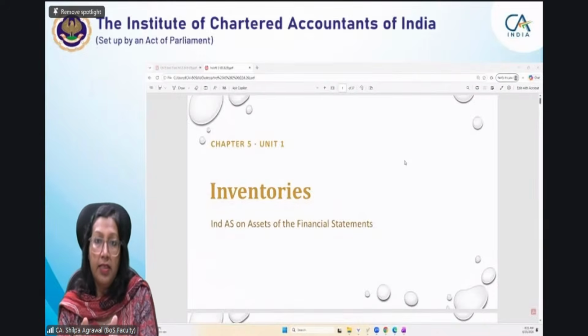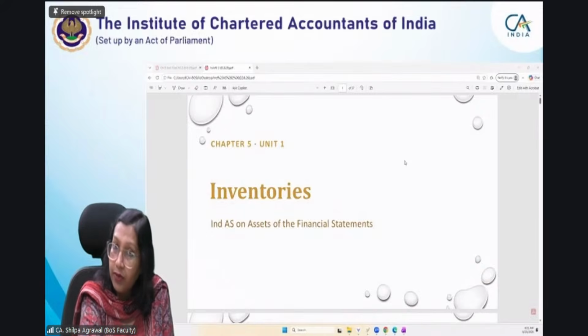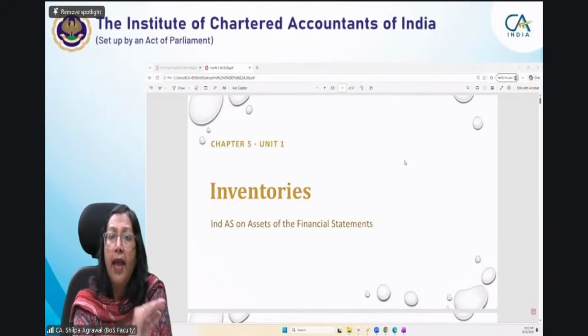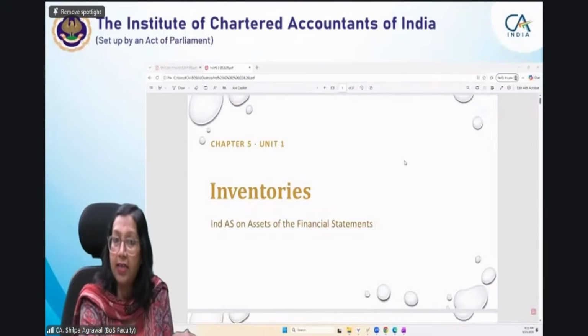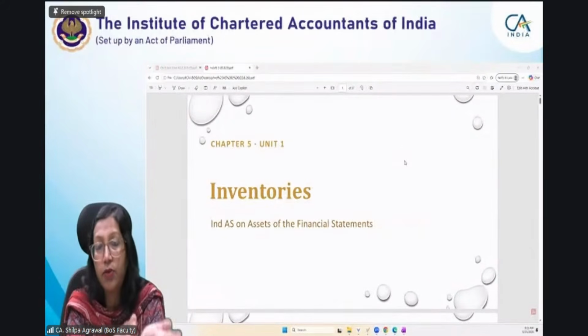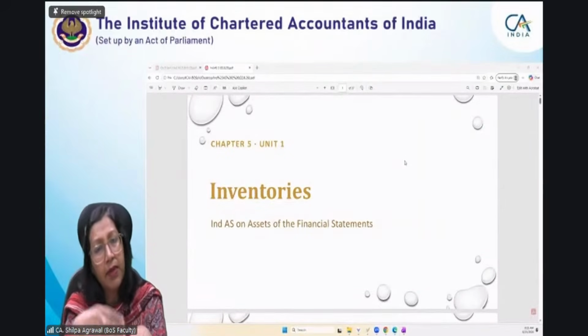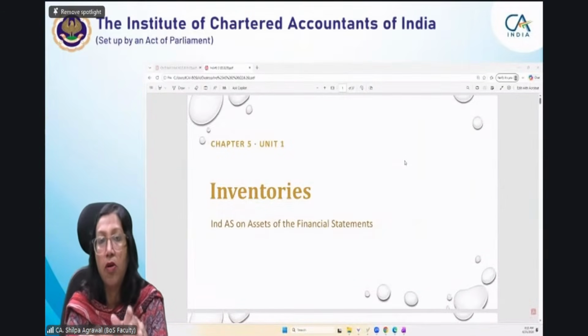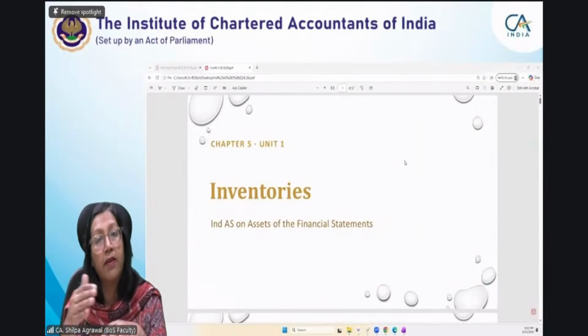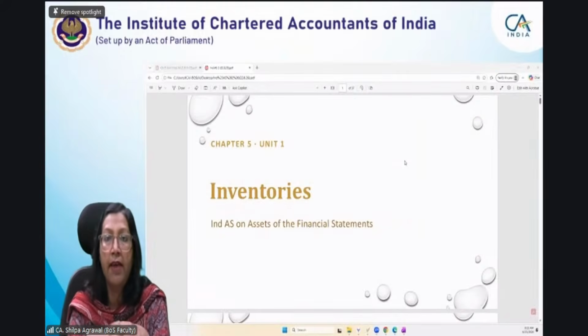We have to understand that a similar standard was there in accounting standards, that is in Indian GAAP also, and more or less most of the provisions which were there in AS 2 continue in Ind AS 2. What was there in accounting standard 2, that is AS 2, is now there in Ind AS 2 as well. Similarly, we have IAS 2. As you all know, Ind ASs are converged standards of IFRS. So we have IAS 2 there, and here we have Ind AS 2.